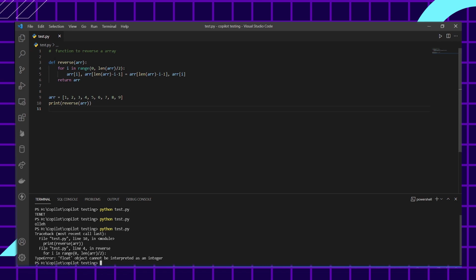Okay, we are getting an error just because the value, which is length of the array divided by 2, becomes a float value, and the range function in the for loop doesn't accept float values. So we have to manually typecast it into an integer. I wonder why AI didn't suggest us this, but let's fix it. Okay, we have successfully fixed it and it's working.